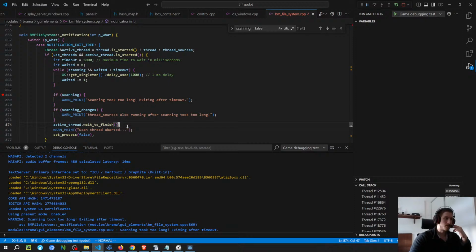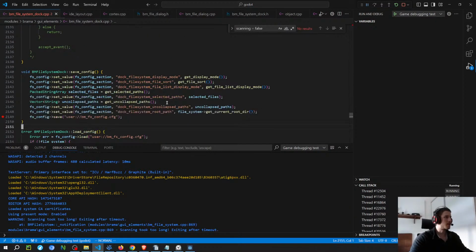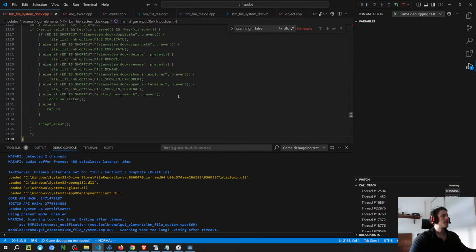I think it's probably a deadlock. A deadlock on the first thread. So I'm gonna put a breakpoint on all the places that I'm calling scan on the other one. And I think this makes me think it's very likely that